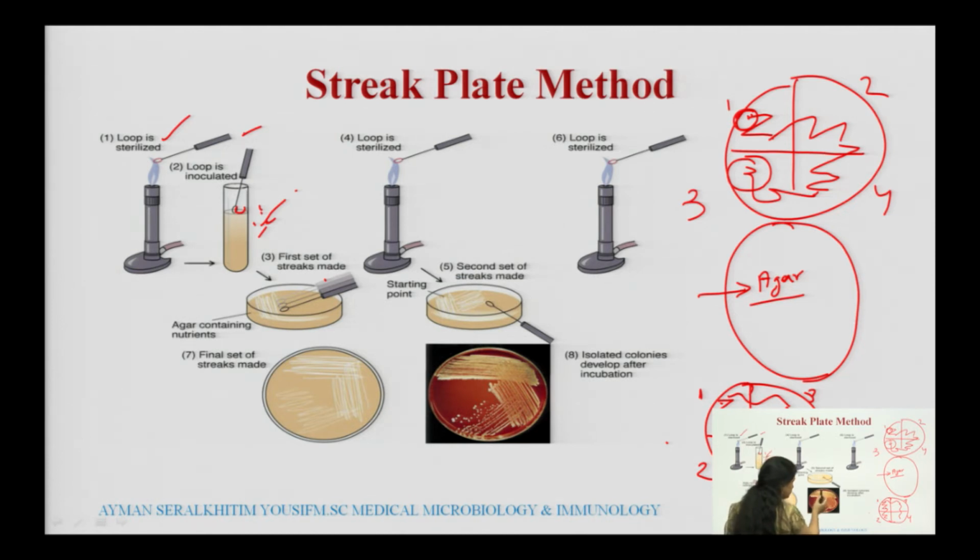As you can see in this picture, these colonies are very much concentrated. In the first part, colonies were very much concentrated, but as we were moving from first to second, second to third, we can see the concentration is going on decreasing. The number of microorganisms within the first area, number 1, was highly concentrated, area number 2 was less concentrated, and area number 3 you can see is very much less concentrated.